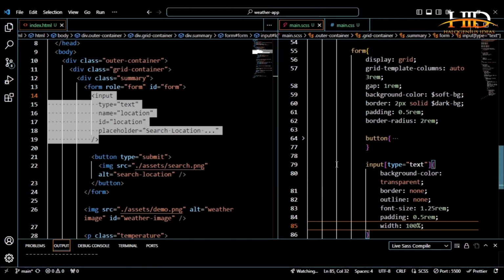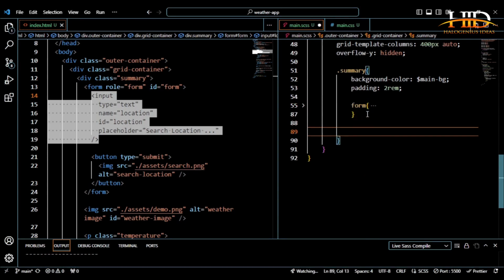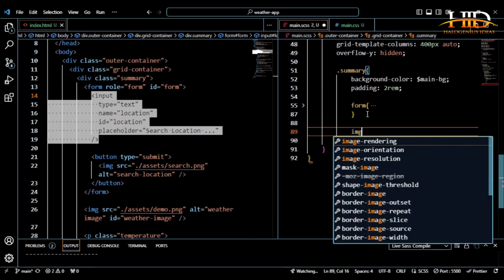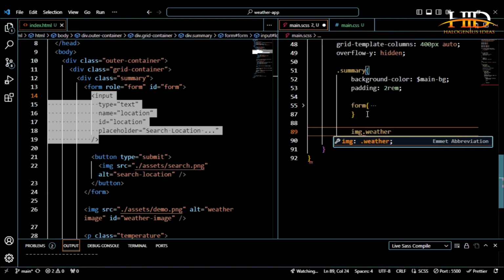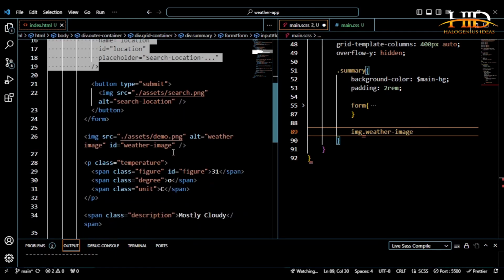I can close the form now, so I'm free to close the form. So I can do something like img dot weather image. What am I doing? Okay, I'm supposed to use the ID. So